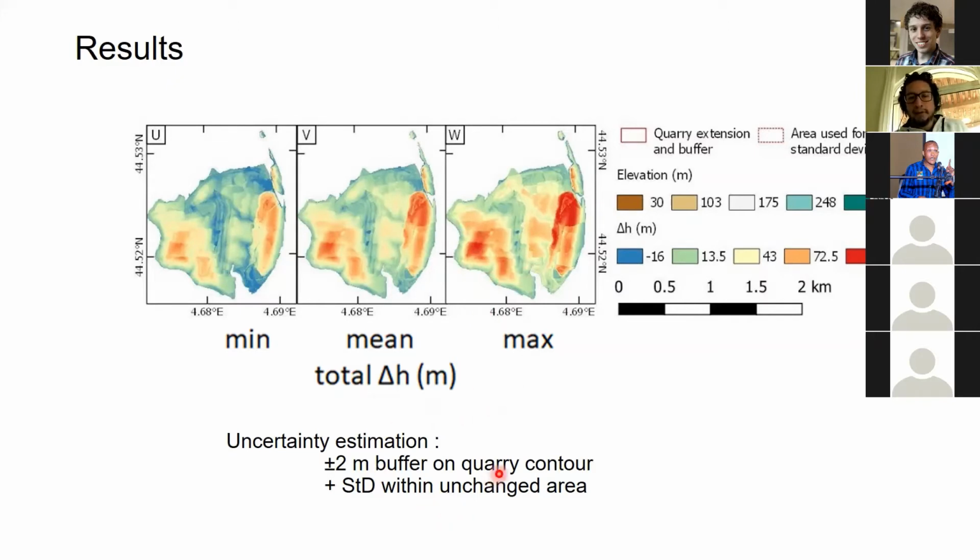And also an estimate of uncertainty on the elevation estimates, which he got from focusing on areas that are outside the quarry and that presumably have not changed. So by comparing the changes that he does see in his maps through the years, he takes a standard deviation of that, and we assume that that is actually an error in the altitude reconstruction.